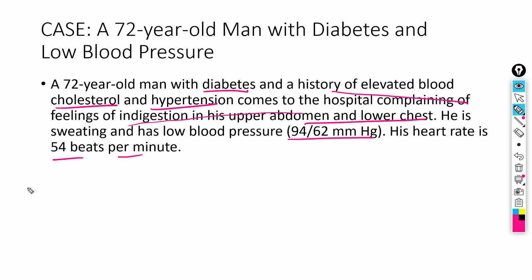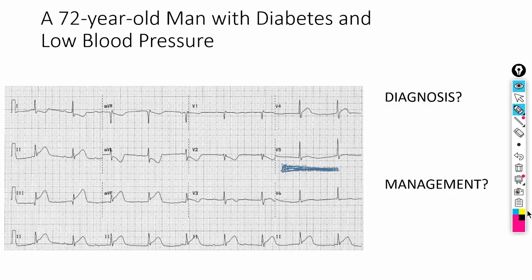So there is non-specific chest discomfort, and a history of diabetes, which is a high risk for cardiovascular diseases, coming with thoracic discomfort along with hypotension and bradycardia. As soon as we get the ECG of this patient, we see ST segment elevations in lead 2, 3, AVF, along with reciprocal depressions in 1 and AVL. So this is a diagnosis of inferior wall MI.